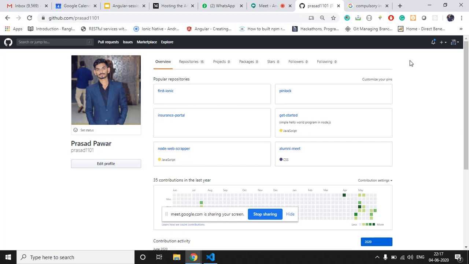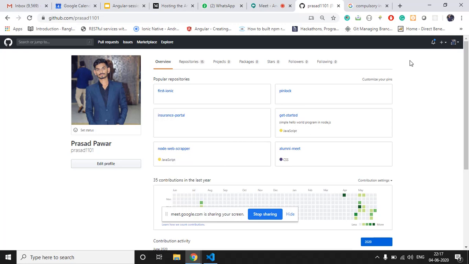There are different sites that provide cloud-based storage; GitHub is one example. We have GitLab, and also Bitbucket. All of these provide the same cloud-based storage to us. But as we are going to deploy our Angular application on GitHub Pages, we are going to use GitHub in this case, because GitHub Pages is provided by GitHub only. And let's talk to some extent about what GitHub Pages is.